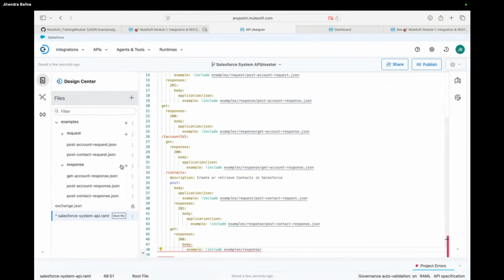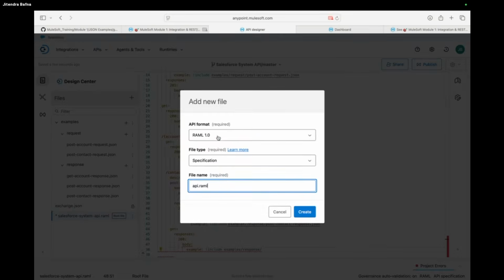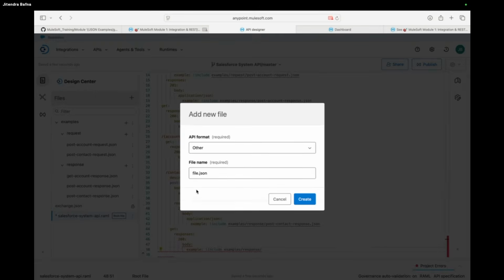So I will just add a new file, other, get contact response.